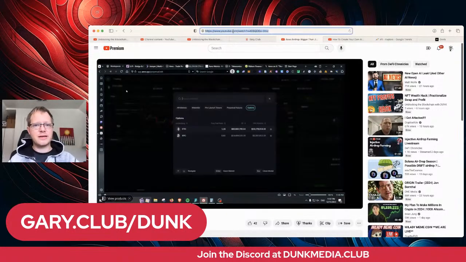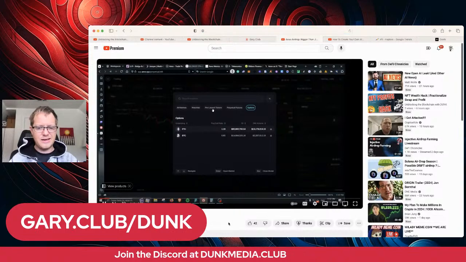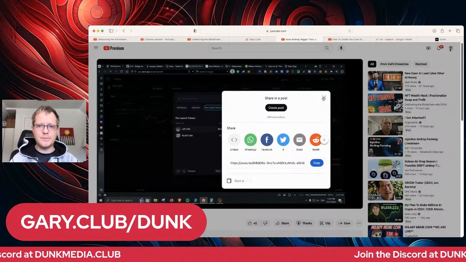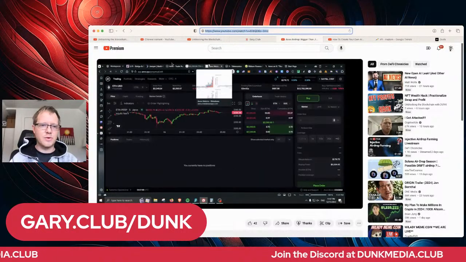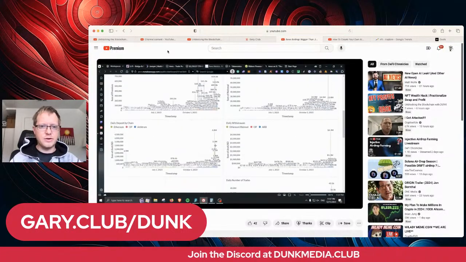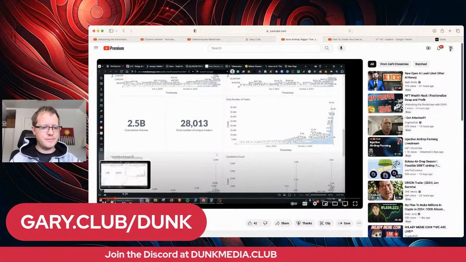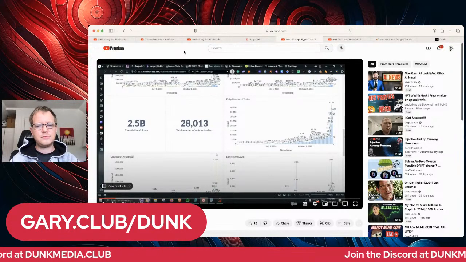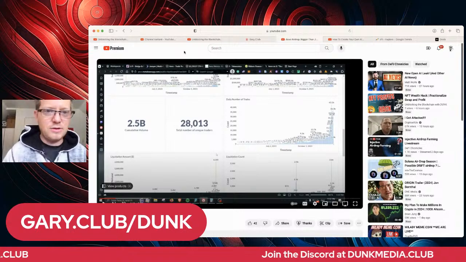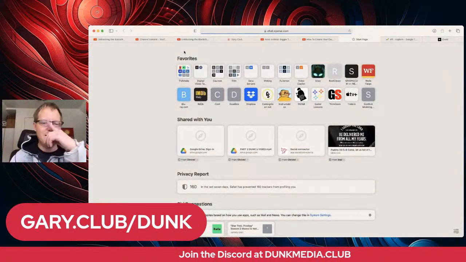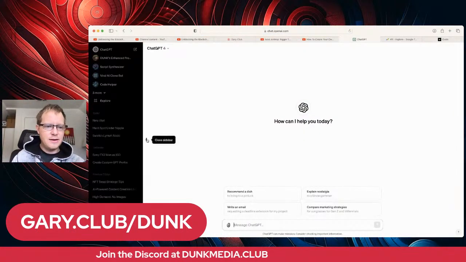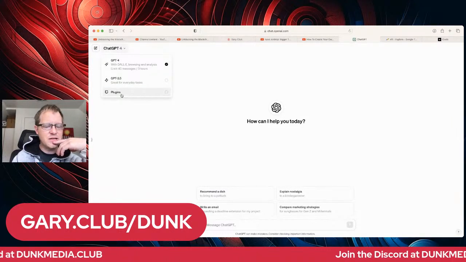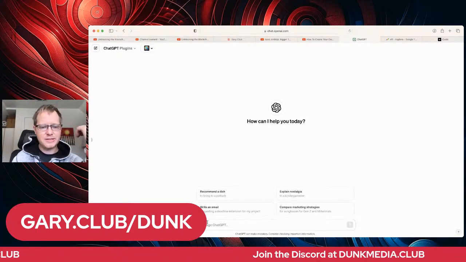Or I could just grab this link at the top. I think it's about the same as the bottom one. It's fine if you grab the bottom one, but I just always grab the one at the top. I know it works. And then I go to ChatGPT, and I could have it rewrite everything. I like using the plugins versus the other ones because they could actually access YouTube links.